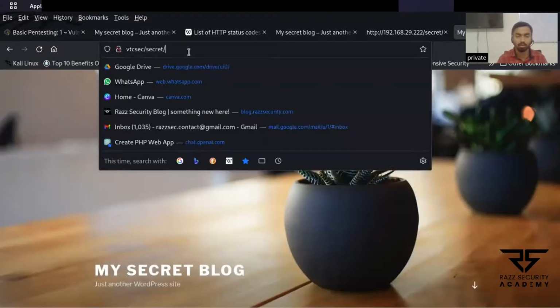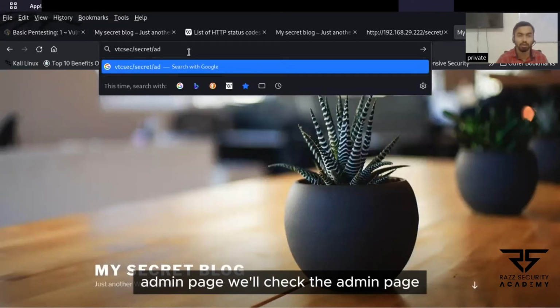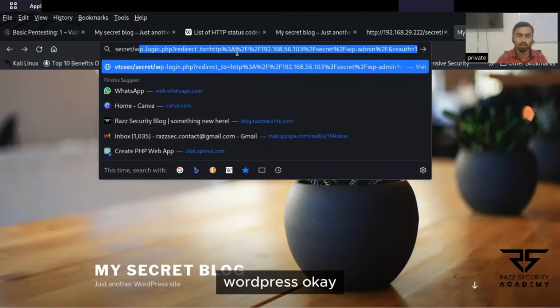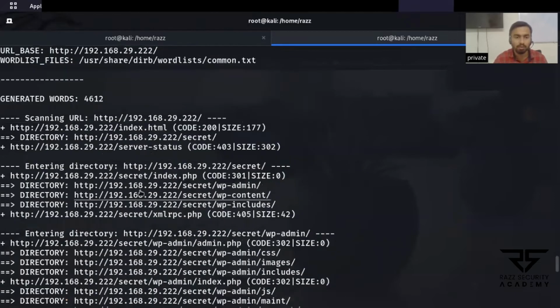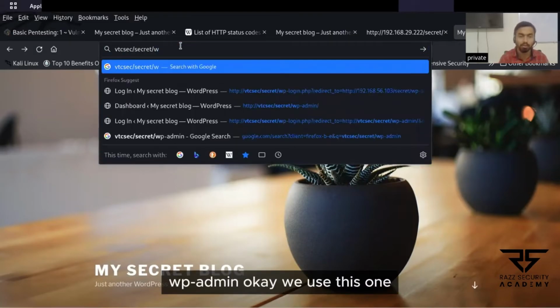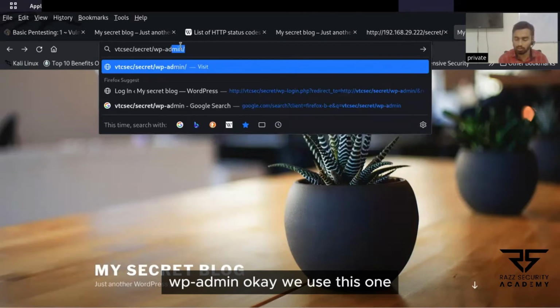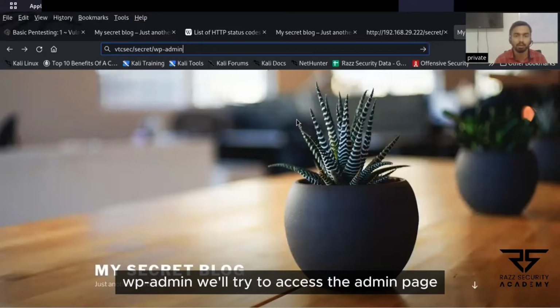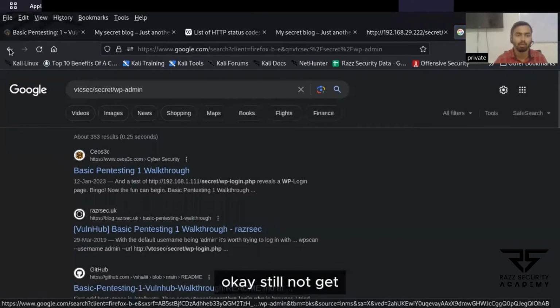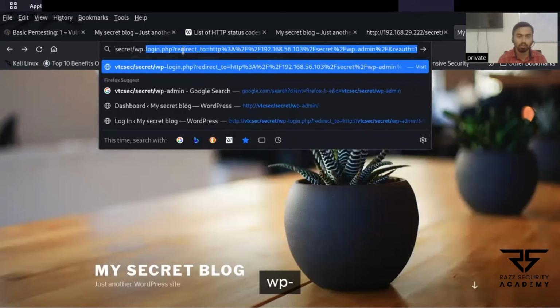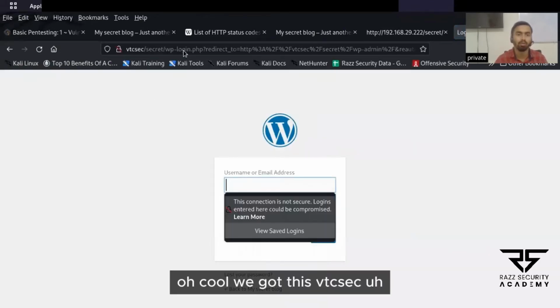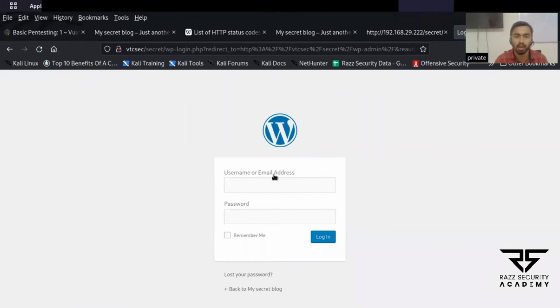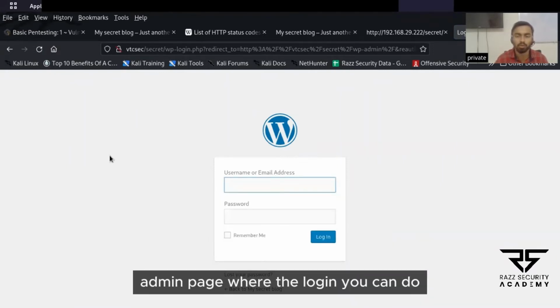Can we do one thing? We'll check the admin page. WordPress. Okay. Secret slash wp-admin. Use this one, wp-admin. We'll try to access the admin page. Okay, still not good. wp- Oh, cool. We got this VTC sec admin page where you can log in, but I don't know the username